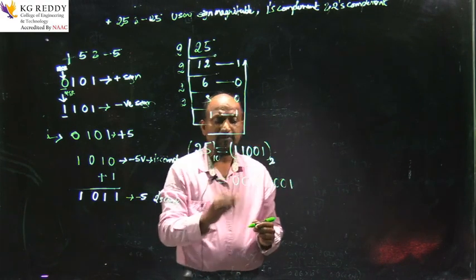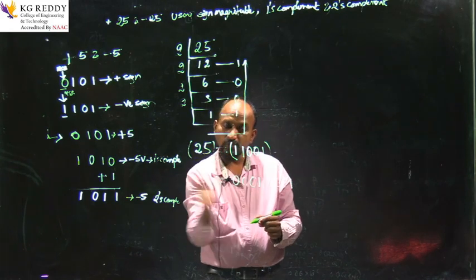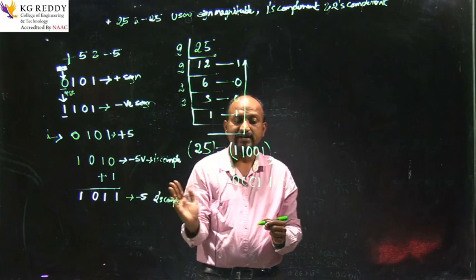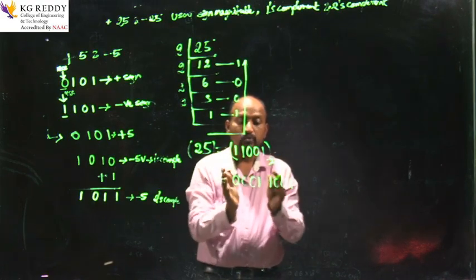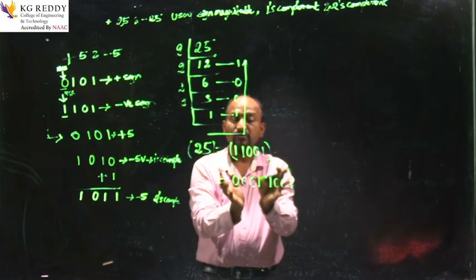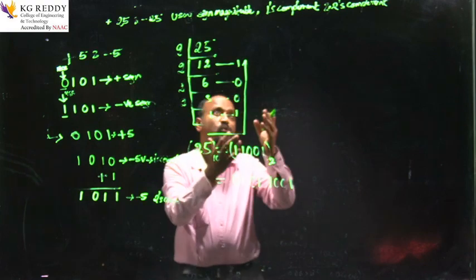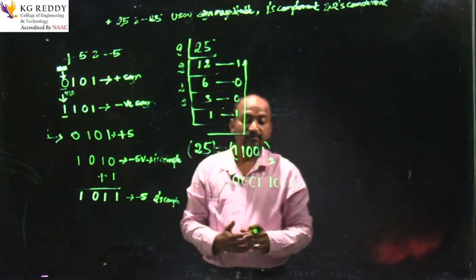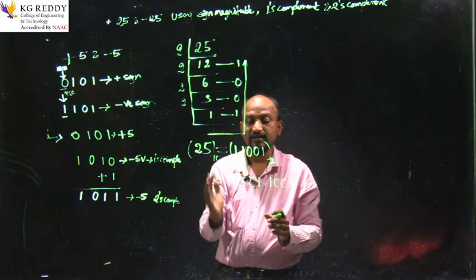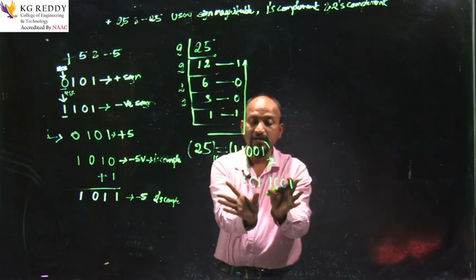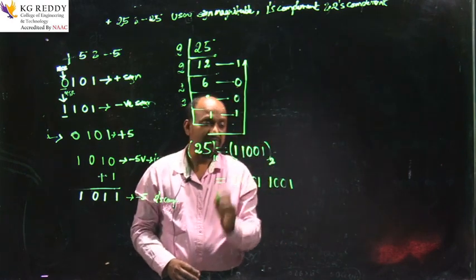Remember, whatever values you add as 0 on the most significant bits, the left hand side, will not be counted and will not be valid. But to prove plus 25 and minus 25 using sign magnitude as well as 1's complement could be easy, so I am adding 3 zeros on the left side. There will be no change in the value quantity. So this is the plus 25 representation.